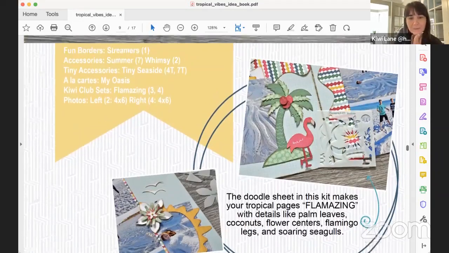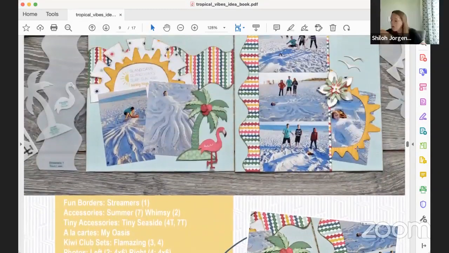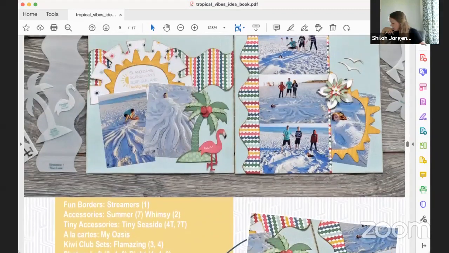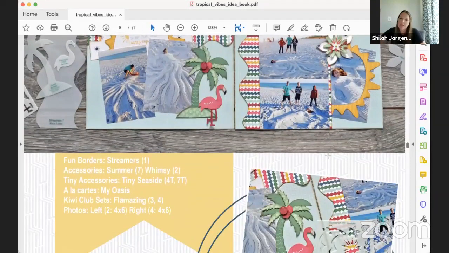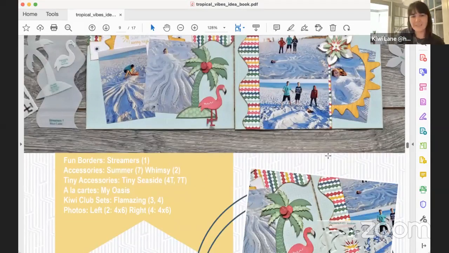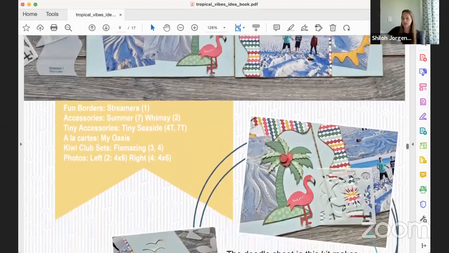And then the use of the summer accessory sun. Oh yeah, and then I did just a little whimsy, normal little dots. I don't know if you can see them. I mean, I have my layout here, I guess I could show it, but I don't know if you can see. It's so dark, it's kind of hard to see. But just along this little edge here, if anybody can even see it. You're definitely loving your white pen lately.